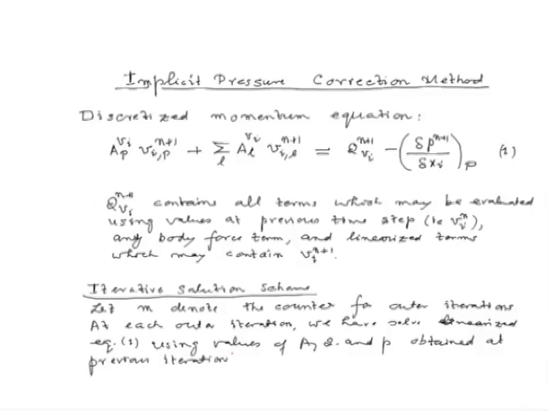Or if we are at the very first iteration, at the previous time step. So, at the start of the outer iterations, our known values are the values at time t equal to t_n. Those would be used as our initial guess for the field values at the new time step, and